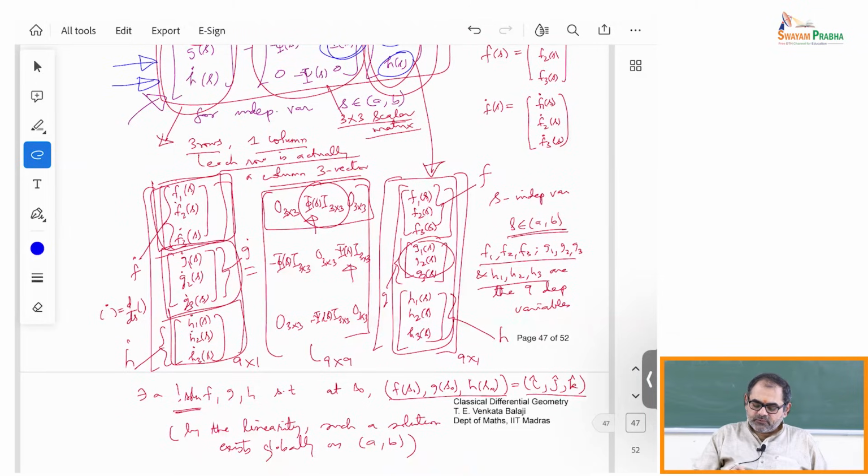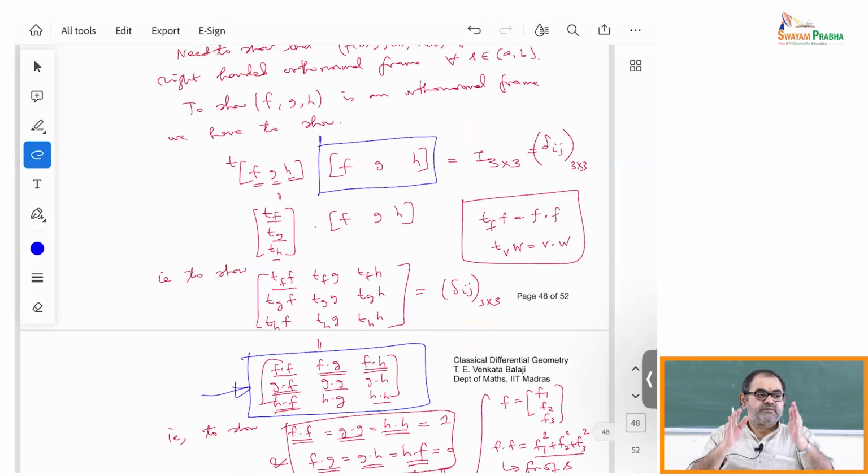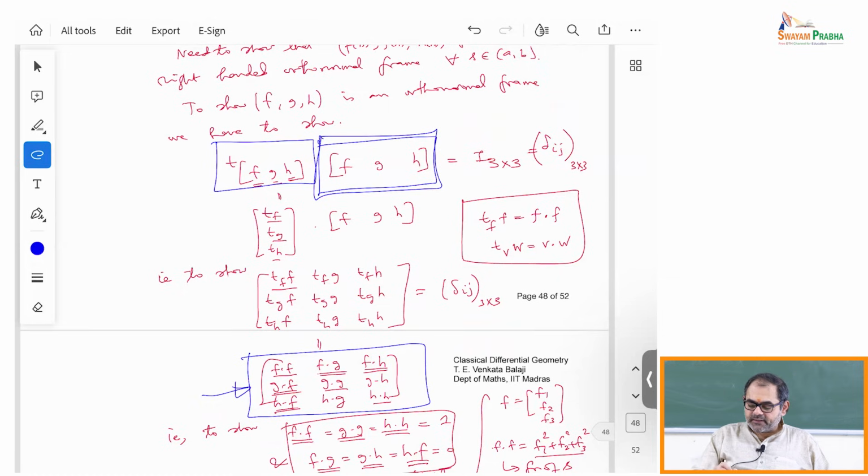Essentially this meant proving that F, G and H, if you take the dot products, which amounts to taking FGH as a matrix, mind you, F, G and H are treated as column vectors, and this is a 3 by 3 matrix, and you take its transpose and multiply, you are trying to show that this is identity, and this is the same as saying that the matrix is orthogonal. And then you have to show also that the determinant is 1 to prove that it is right-handed. So therefore you are reduced to proving that